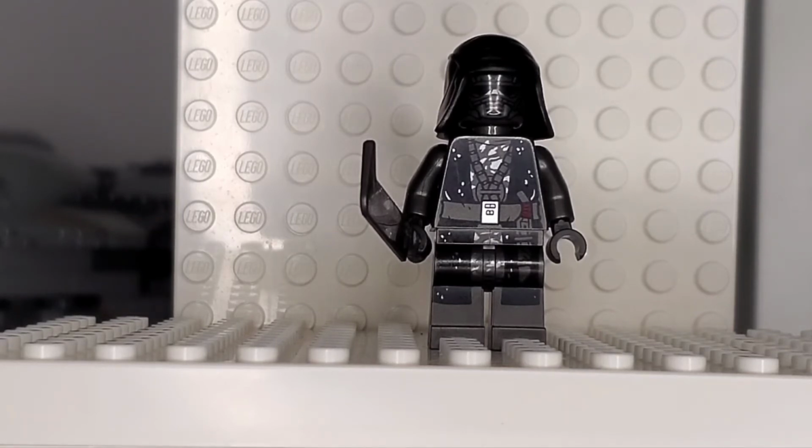gray sword and is a combination of gunmetal gray and black, which is definitely a good choice for these Knights of Ren, as they do feel like knights in that sense, but they also feel like they have got some really good armor that can help them through the many battles that they might be in. Now, this does have a bit of an aesthetic of armor, but it also has a robe on the torso and the legs, which is quite strange because it doesn't really match that aesthetic with the arms, but I